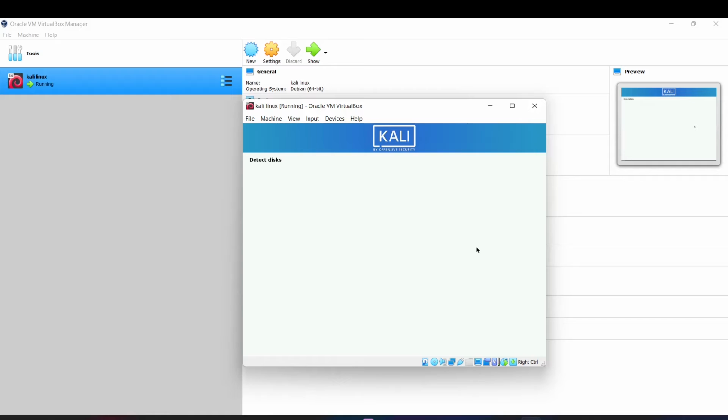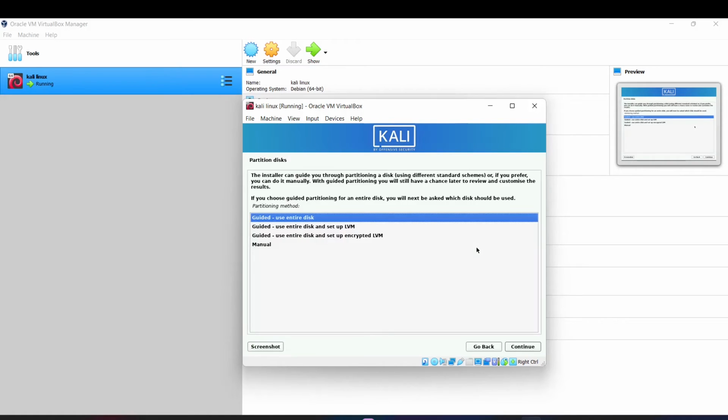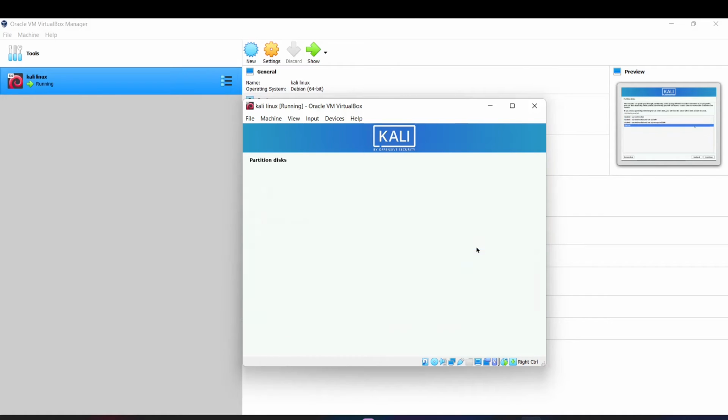It is going to check the partition disks available upon the 30 GB. So here is the main thing to do, because if your laptop or computer is low configured, how will the Kali Linux machine run smoothly on your laptop? So this is the only step you need to follow, because the rest of the steps are common. This is the only unique step which I am going to teach you in this video. Okay, so go into manual, click enter.